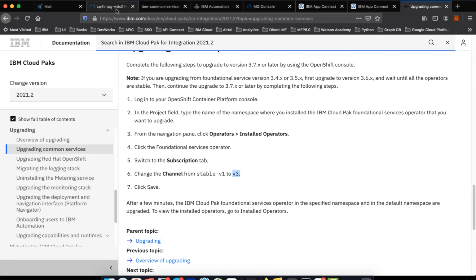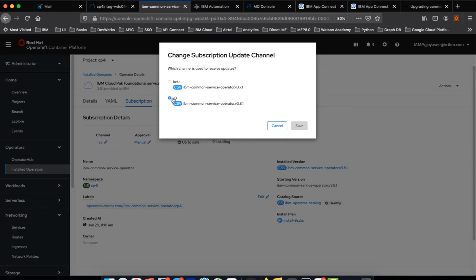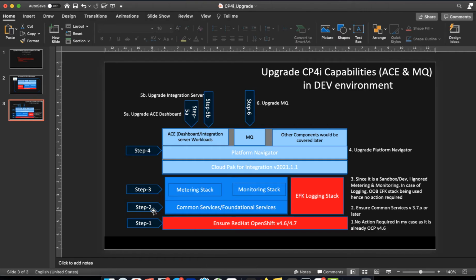So for you to upgrade, you need to click on this channel and choose this v3, which is already there. So I don't want to change it. It is already upgraded. Now, as per the documentation, step 2, which is not the case for you, you need to upgrade it. Then I'm going to ignore metering and monitoring.